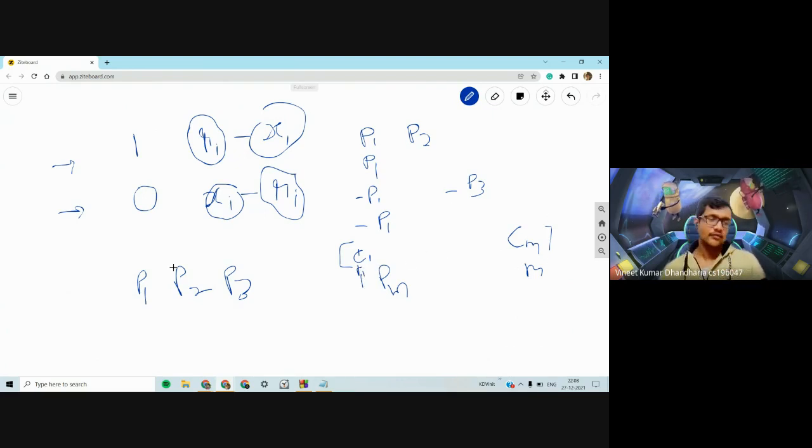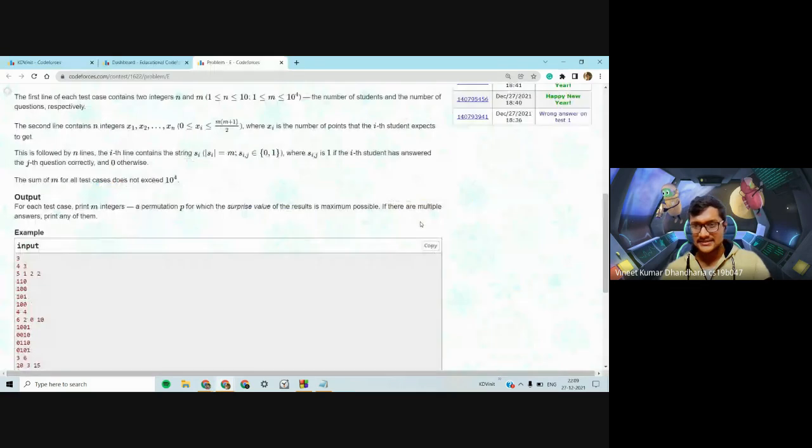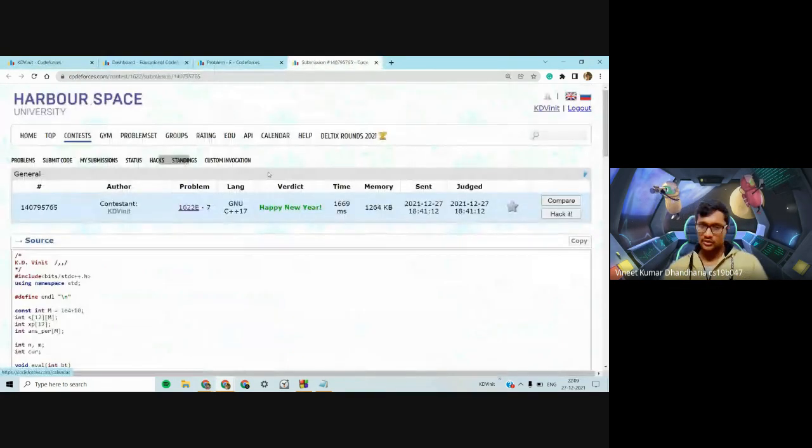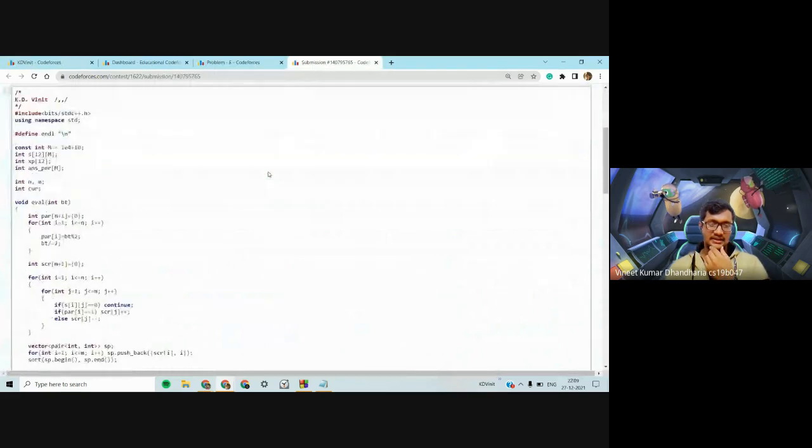And since we want to maximize this value, we will give the largest points we can to the problem which has the largest coefficient, and similarly, greedily we'll give the minimum, like 1, to the problem which has the least positive or most negative coefficient. Let's see its implementation. If you try a few examples, this should become pretty clear.